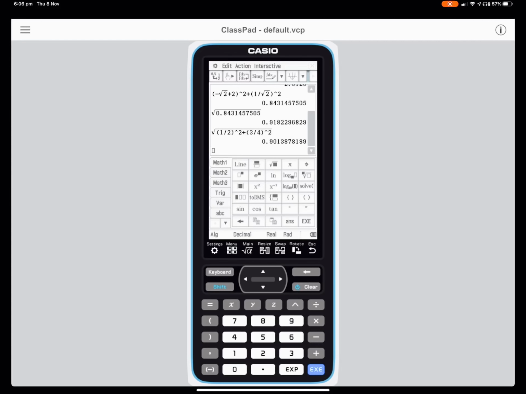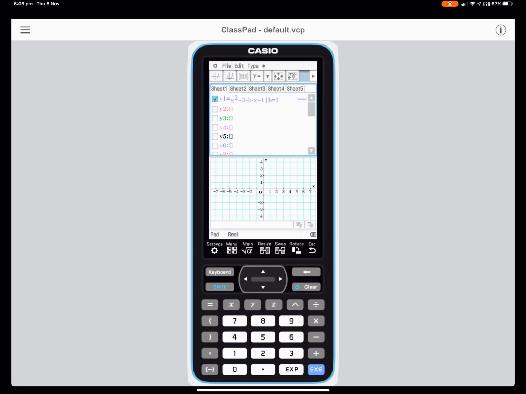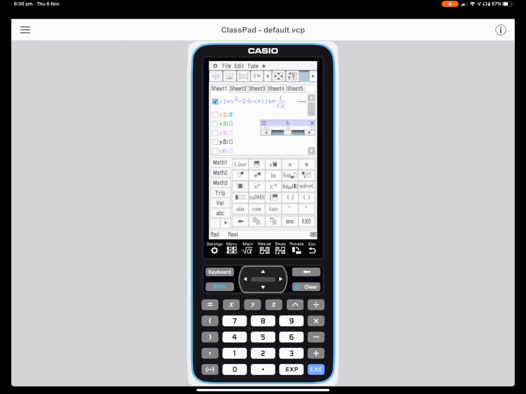So I've got a half, 3/4. If I got 1, I get 1, 0. And if I get 0, I get b as 0. I get 1. If b is 1 divided by root 2,